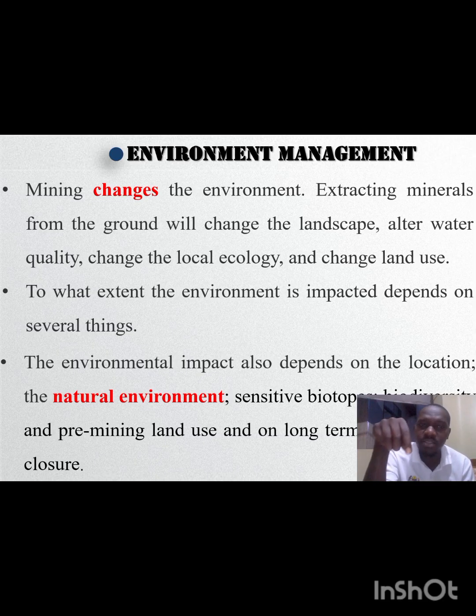Some of those areas are protected by international organizations because they are sensitive. You have heard of areas being conserved for protection, right? Because those are sensitive biotopes. And once they are disturbed, to get them back in order, for example during land reclamation or rehabilitation after a project's life has come to an end, it will be almost impossible